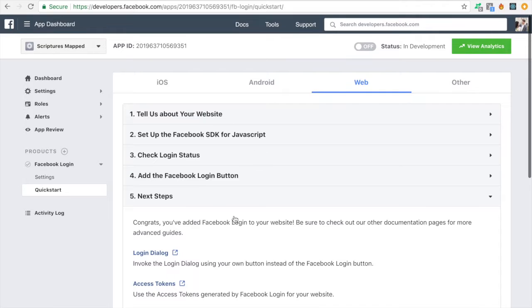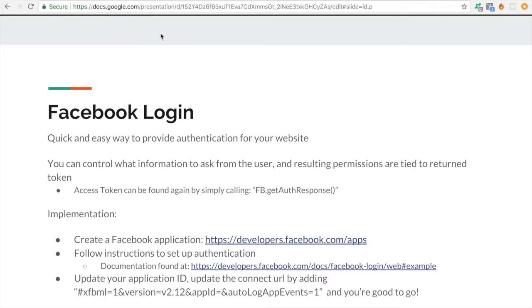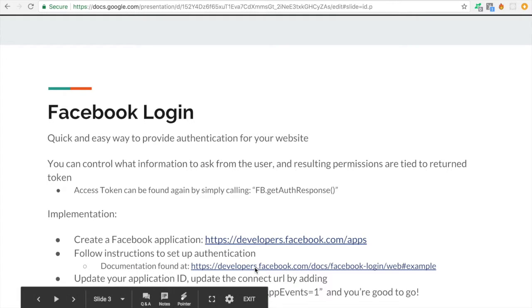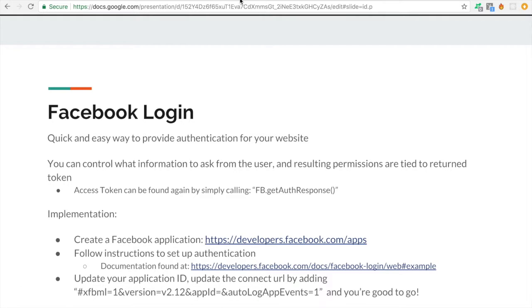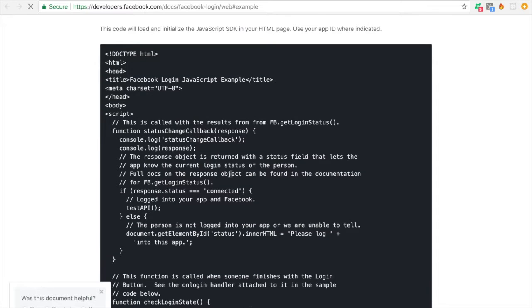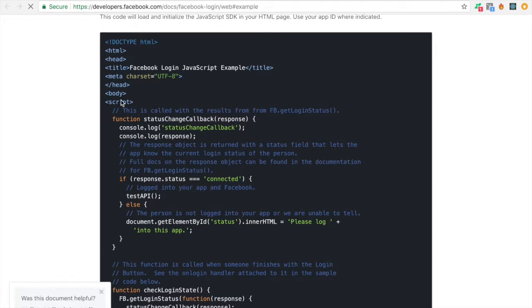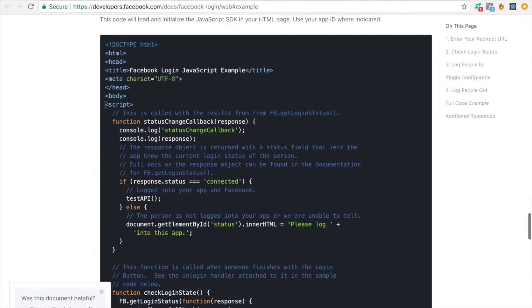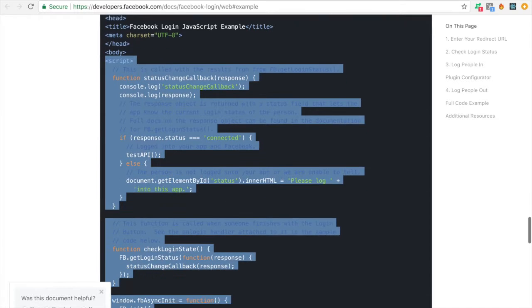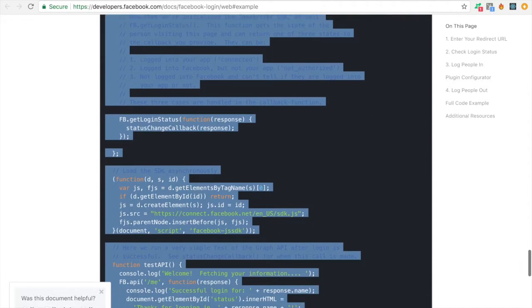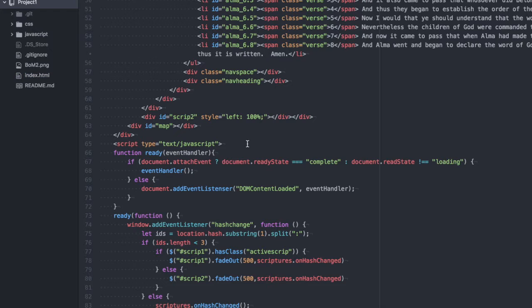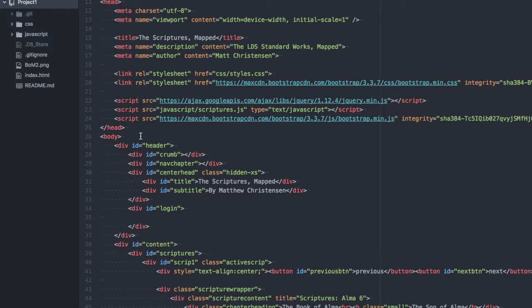Now, once you set up the URL, it'll walk you through some instructions on how to do it. But the full example for how to do it can really be found right here. So once you create that application, you can go here, and this will give you a full code example for how to provide the login. This gives you everything from the creation of the HTML and the script. I'm just going to go ahead and copy the script, which will load the JavaScript SDK as well as handling